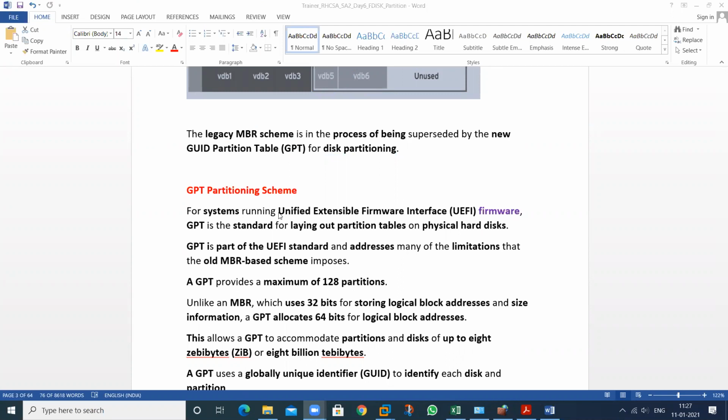UEFI means Unified Extensible Firmware Interface. A combination of hardware and software becomes firmware. BIOS is not only hardware, not only software, it's a combination of software and hardware. So that becomes a firmware. So what is BIOS? BIOS is a firmware.